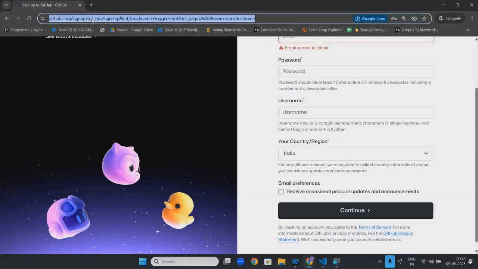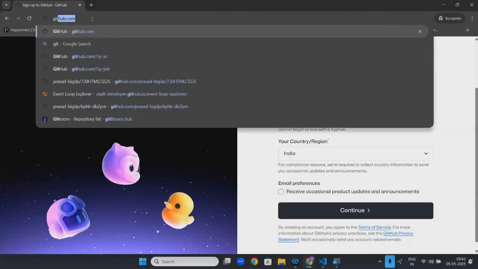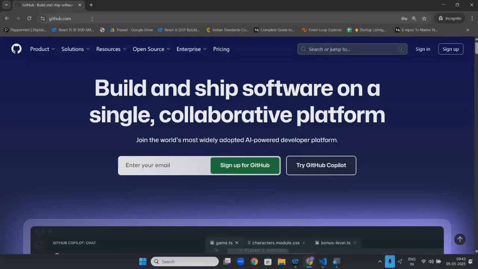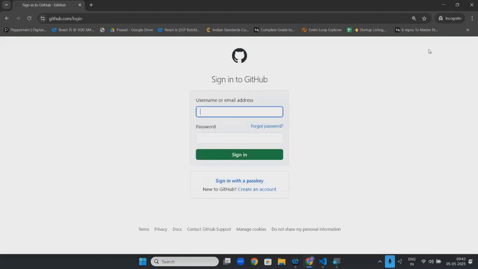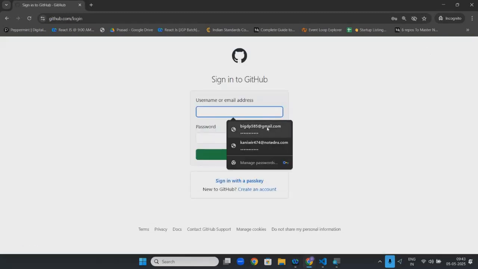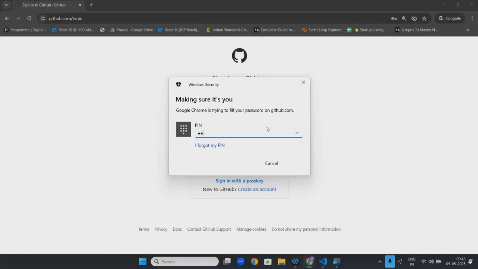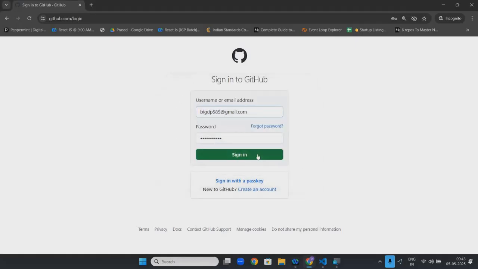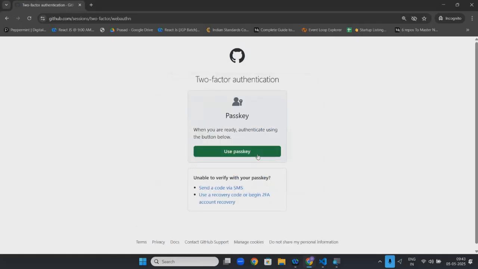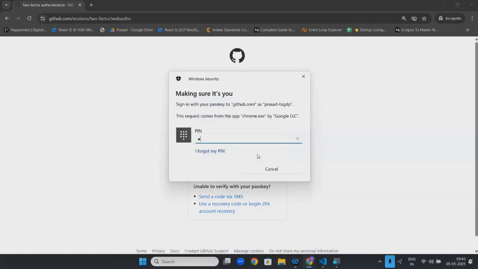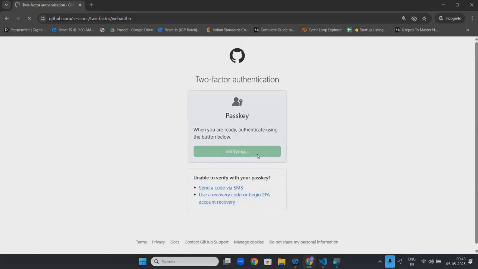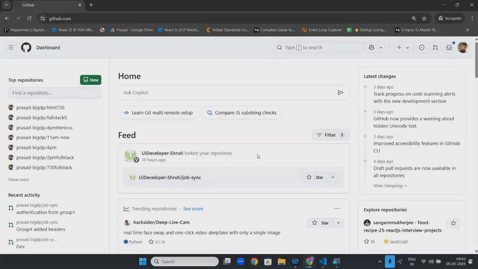Once your GitHub account is created, it looks like this.